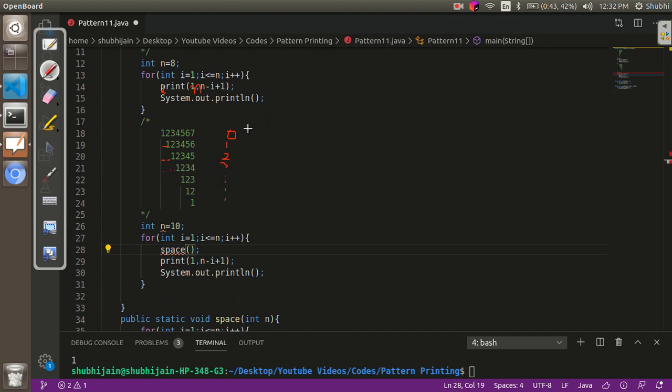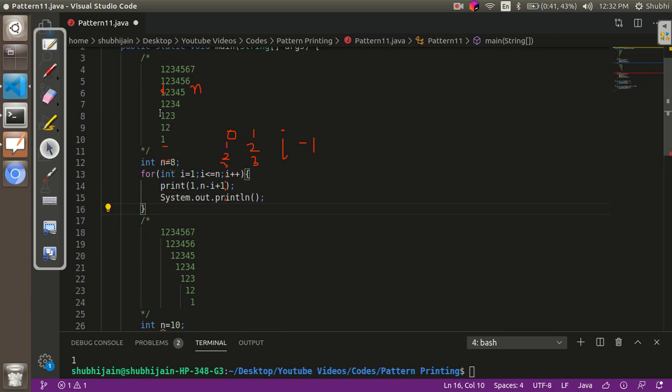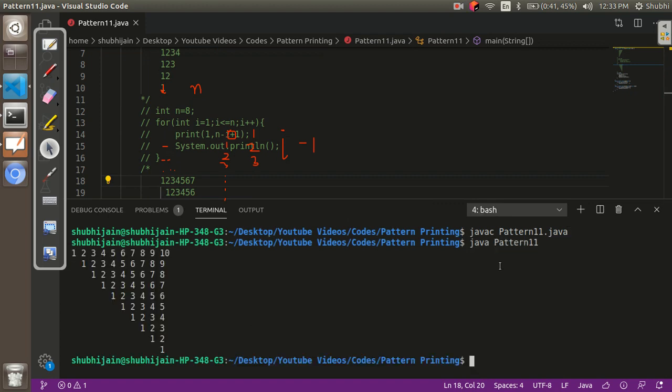So we can see that the number of spaces being printed is equivalent to the current row number minus 1, because 0 spaces were printed for row number 1, 1 space was printed for row number 2, 2 spaces were printed for row number 3, and so on. So the number of spaces being printed is equivalent to i minus 1. So let's comment this part and see if the code works. See, the pattern has been printed.